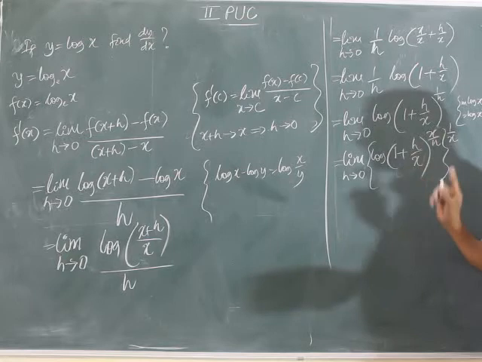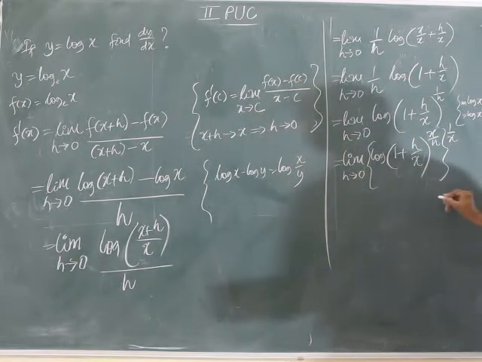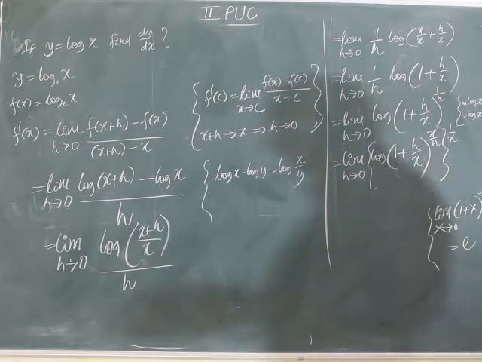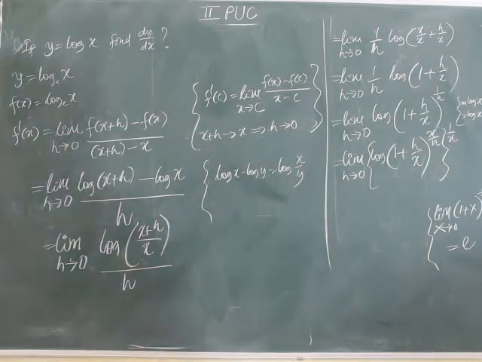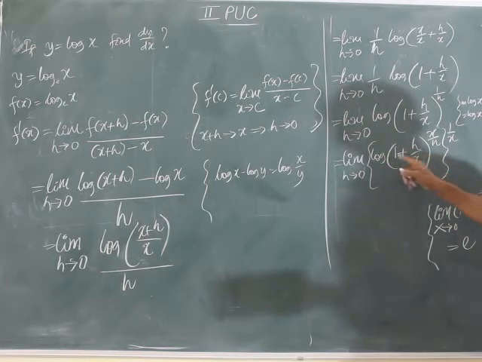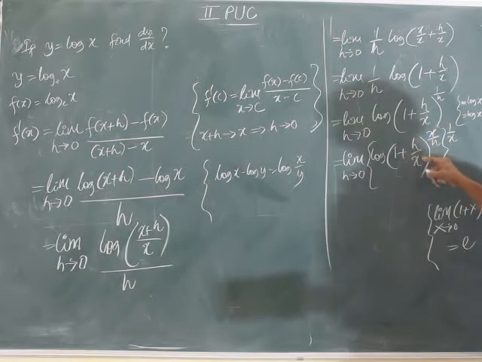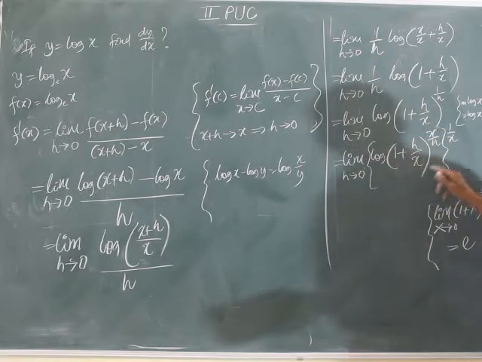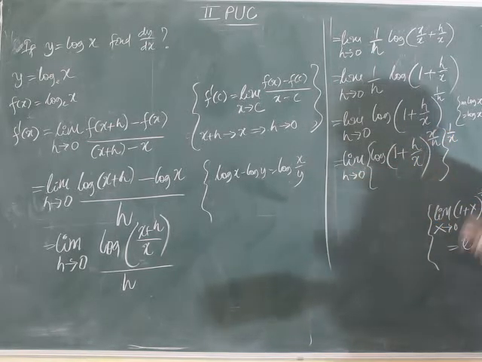Why this is written? Remember, this formula you must follow. Limit x tending to 0, 1 plus x whole to the power 1 by x is e. It is there in the limit chapter, first year. Limit of x tending to 0, 1 plus x whole to the power 1 by x, always e. This is of the same type: 1 plus capital X, its reciprocal 1 by X. This much a part, when you take the limit, becomes e.